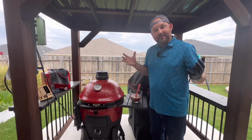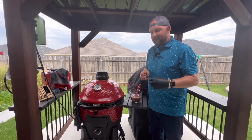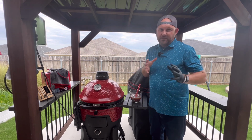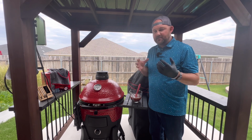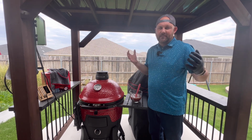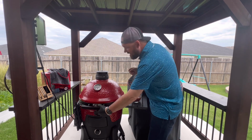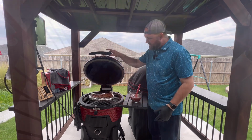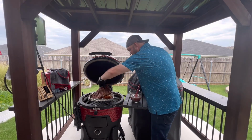All right, team, we are at the tail end of this cook, and we've actually been cooking this for about 40 minutes in the foil boat. And one of the reasons why you cook to internal temperature and not by time is each protein is going to be different based on its size and also your grill. So based on probe tenderness and even look of these ribs, I am going to go ahead and flip these